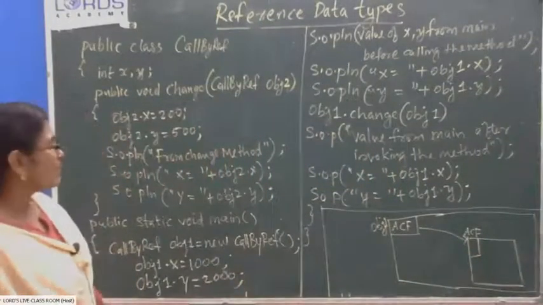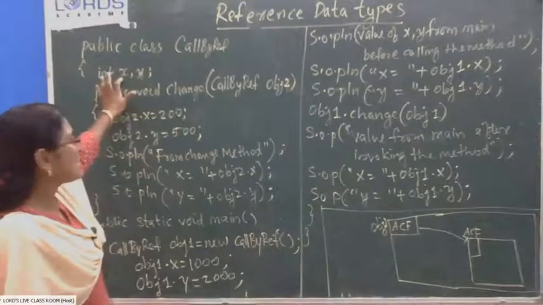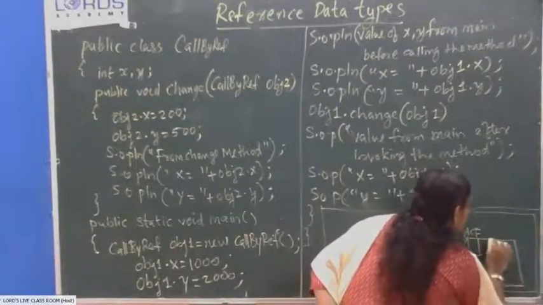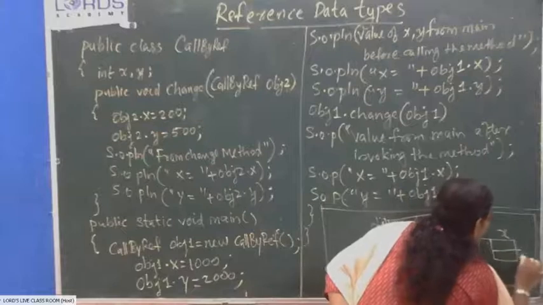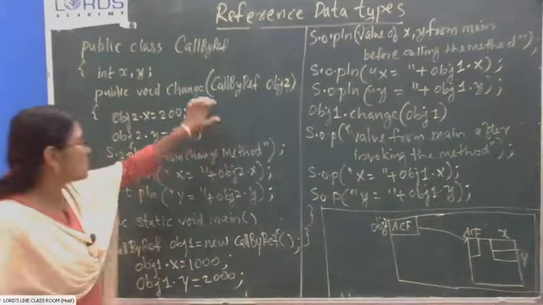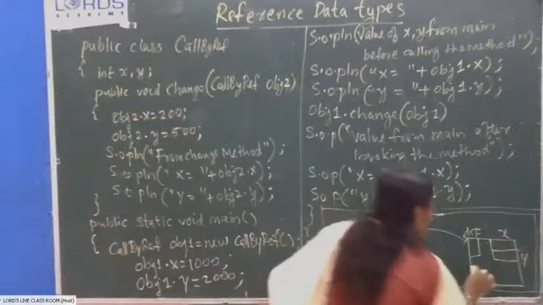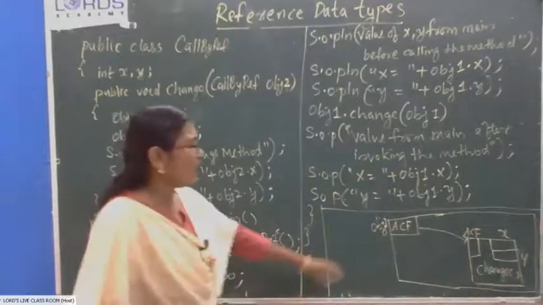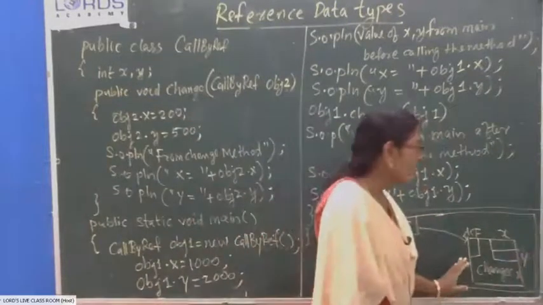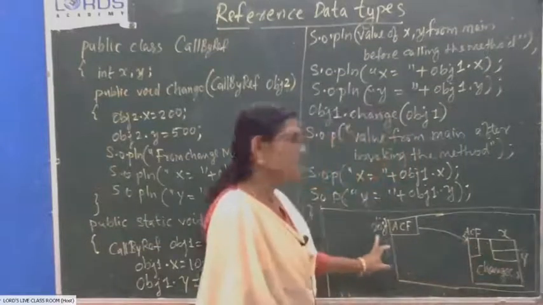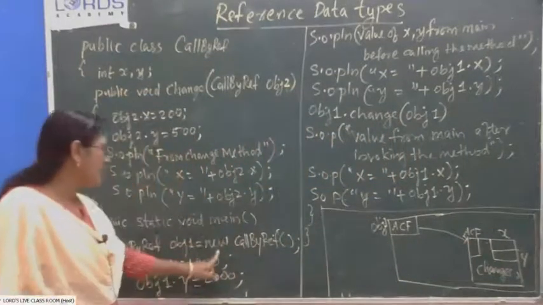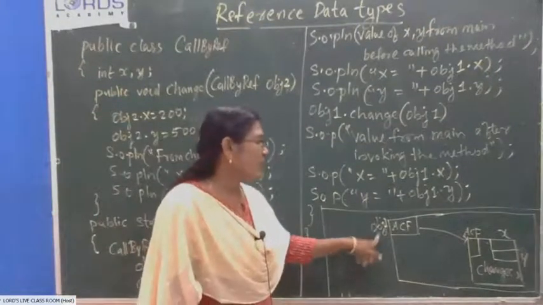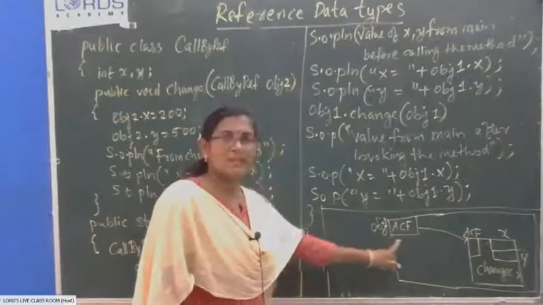What are the features of this object? These variables, instance variables, non-static variables. So there will be two storage locations, one is X and another one is Y. And there will be a method also. What is the method name? Change method. So the change method is also copied here. So an object is created by the new keyword and it gives the starting cell address, which will be returned, and that cell address is stored in the pointer variable obj1. Understood? So an object is created, it is pointed by the variable obj1.